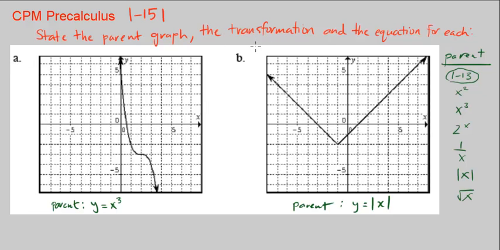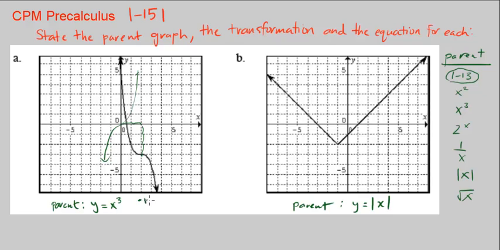Okay, so the transformation that took place. So we know that the cubic function starts here at the origin and goes up to the right and down to the left like this, right? So this one, it obviously went through some shifts, right? It went to the right by 2 and down by 3 to get here. And it also, if you notice, it goes up on the left and down on the right, so reflected across the axis as well. So the transformations are